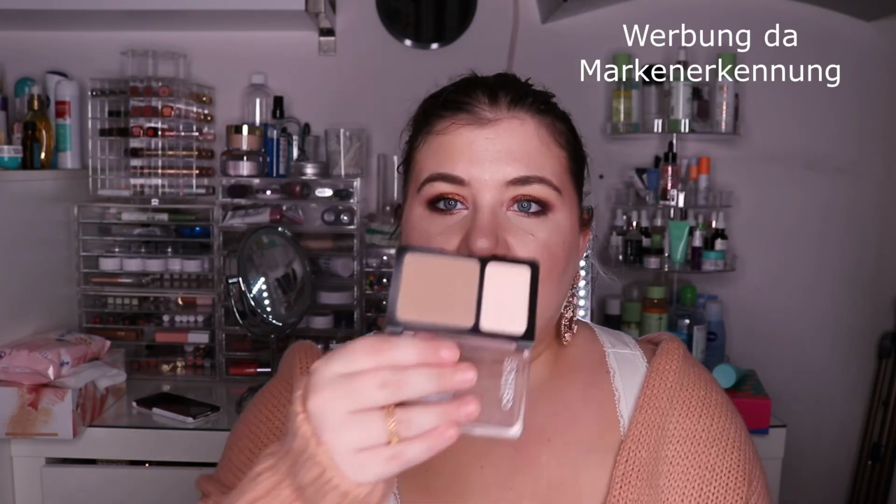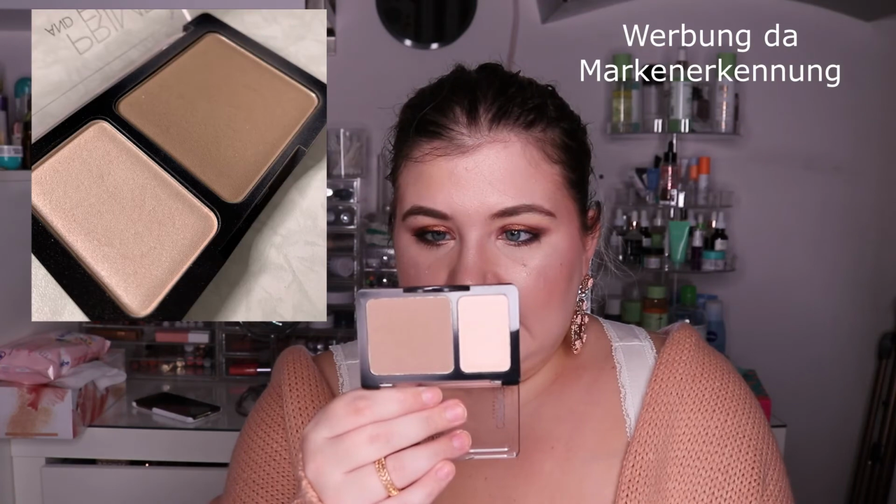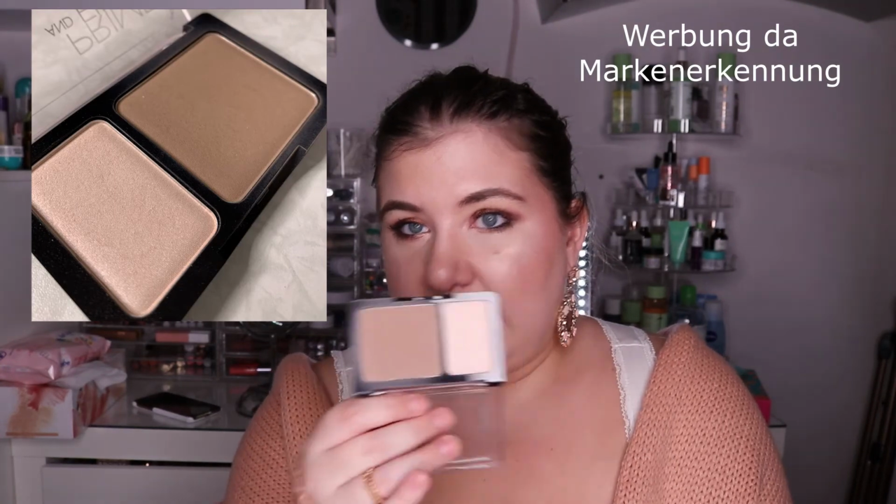Then I have three more things. First is the Catrice Prime and Fine Professional Contouring Palette in Ashy Radiance. In the best case scenario, I hit pan on both. In the worst case scenario, I don't hit pan on any. But yeah, I want to focus on this because I have had it for so long and I really like it,